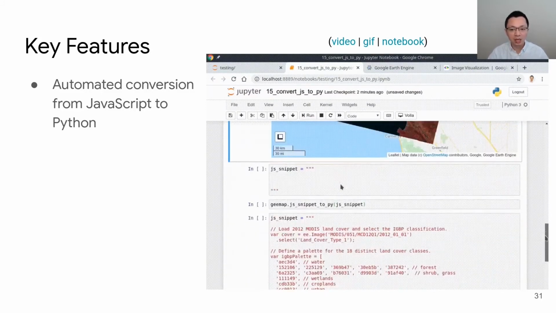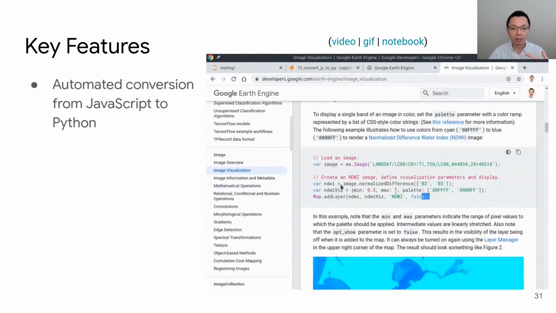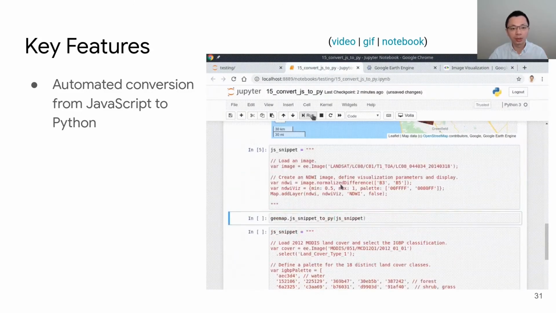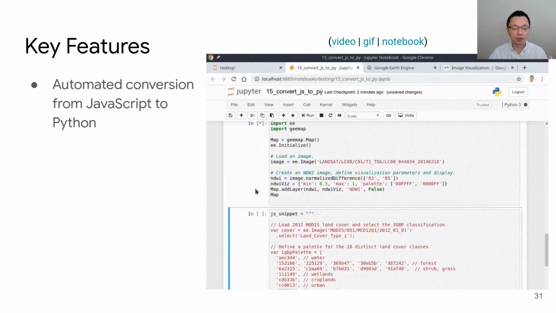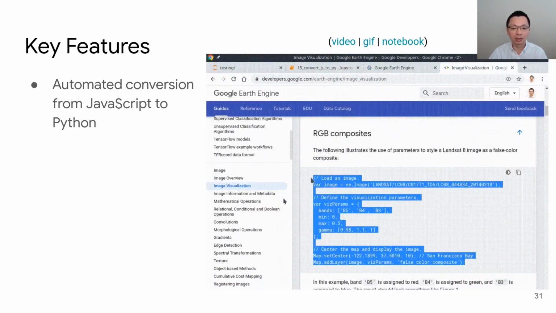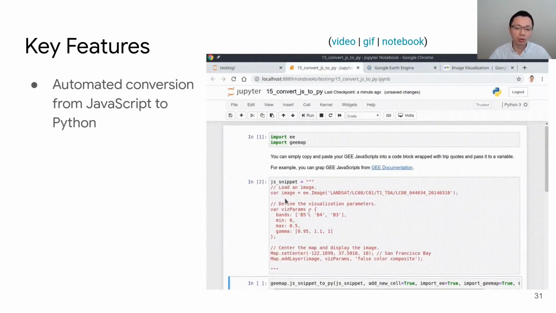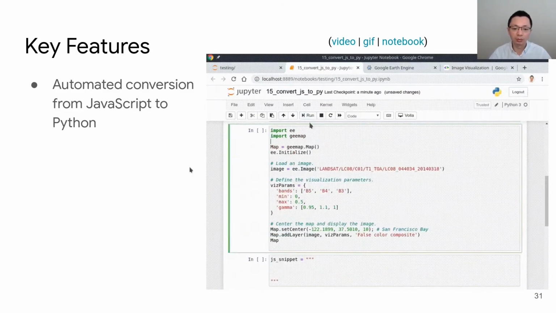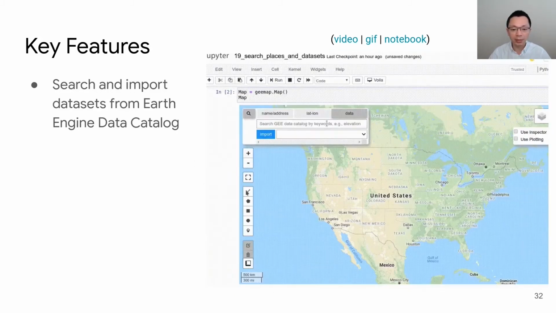Jupyter Notebook. If you already have a bunch of JavaScript on your computer, you can also use some functions in geemap to do batch conversion. I also have another video showing you how to do that, so you are welcome to check out the YouTube channel to learn how to do this. Next one,